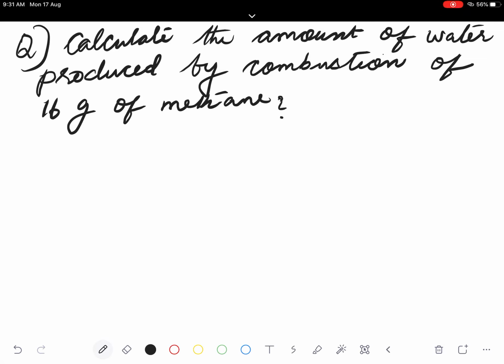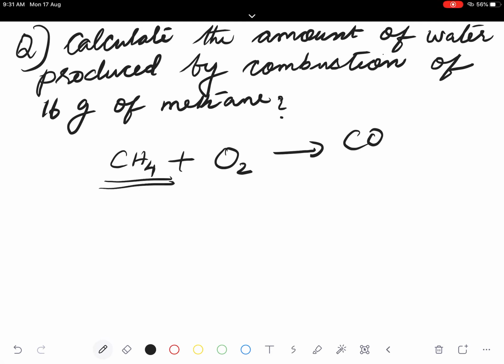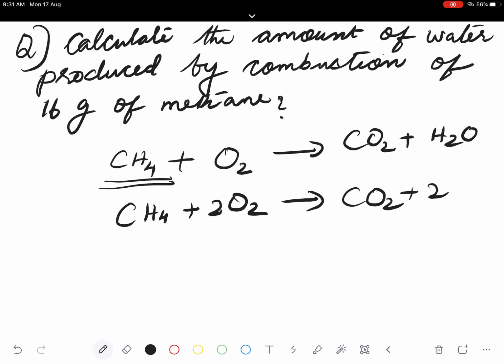The equation is combustion of methane, that is CH4 plus, combustion means burning in oxygen. It is not mentioned that this is to be burned in oxygen, but you know what a combustion reaction is, the basic things. Combustion means burning in oxygen. Any hydrocarbon on combustion gives carbon dioxide and water. These are the basic things you learned in class 10th. Now to balance this, we have already balanced it: CH4 plus 2O2 gives CO2 plus 2H2O.